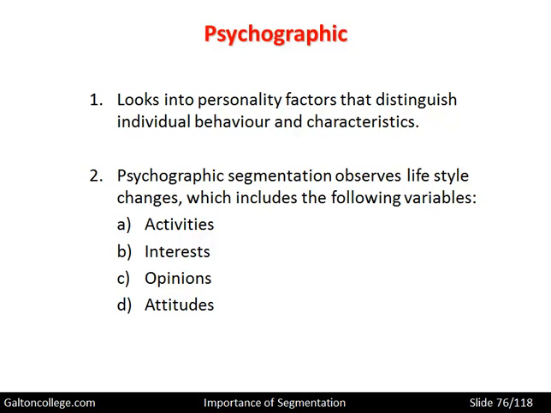Once upon a time, perhaps they were aggressive towards some particular situation. They didn't like it, but now as they get older, they're more relaxed about life. It could be, or it could be the other way around. Perhaps as they get older, they become more picky and more upset about things. But their attitudes tend to change. They're not a fixed set, and these change over the life cycle. What they value also tends to change.